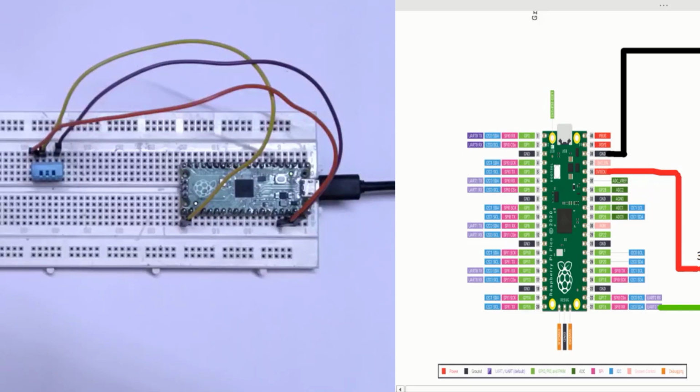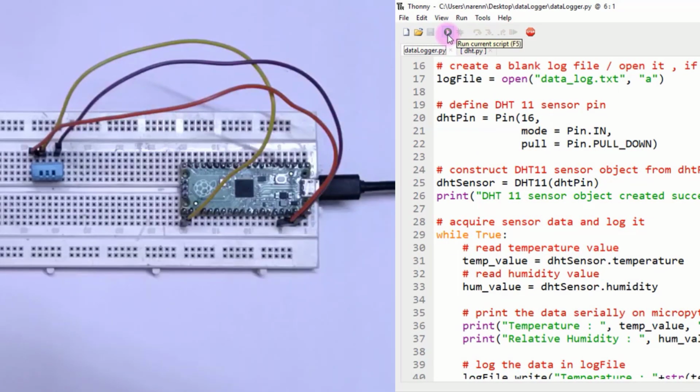So first let us run the MicroPython script and see the code in action.